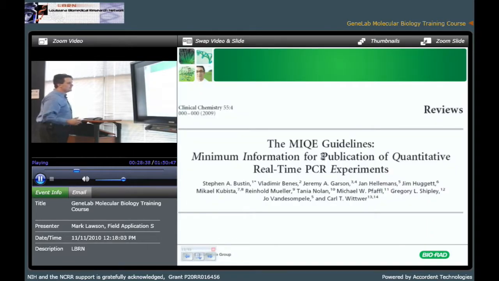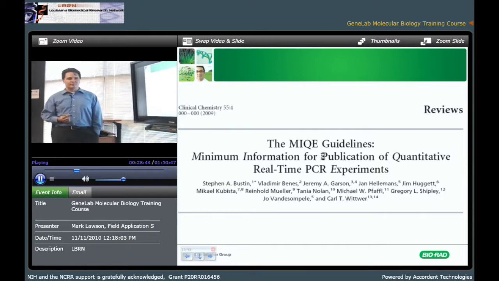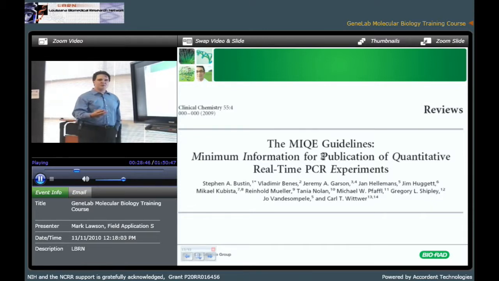No. This is the publication. It's not a major journal, Clinical Chemistry, 2009. But the names on here are major. For some of you that are specialists in your own particular field, I'm only a specialist in real-time PCR, and these are all the rock stars of real-time. So people like Tanya Nolan, who has a very highly cited paper, Stephen Buston, who writes all the review articles on real-time,